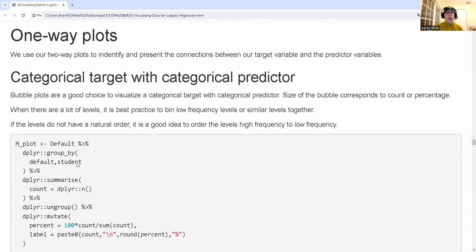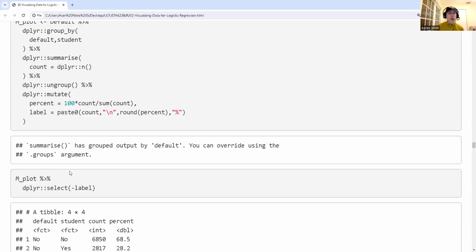Now for my one-way plots, typically I'm going to show my categorical variables. So for logistic regression, I'm going to have a binary target or possibly multinomial, but 2 levels. And for categorical predictors, I find that bubble plots are a good idea. So a bubble plot is I put down a dot, and if I have more counts, it's a bigger dot. If I have fewer counts, it's a smaller dot, or not there at all if it's 0. And so